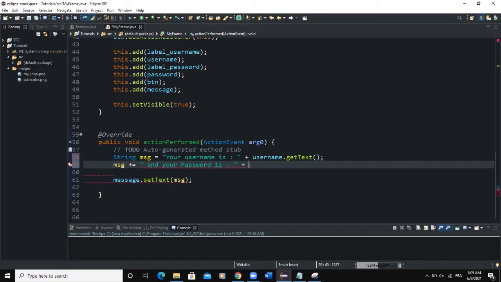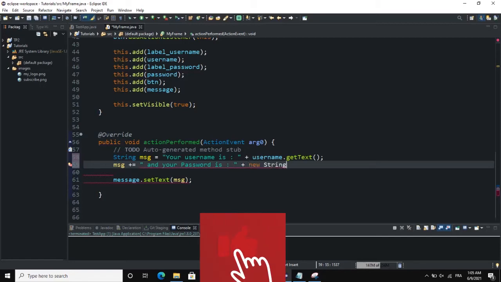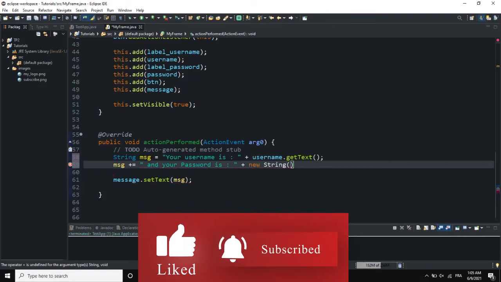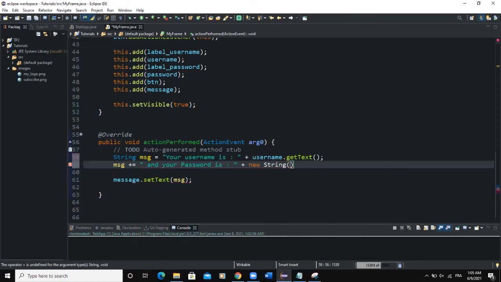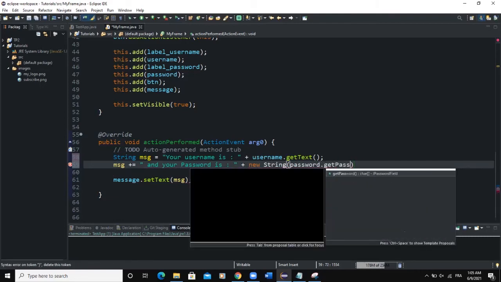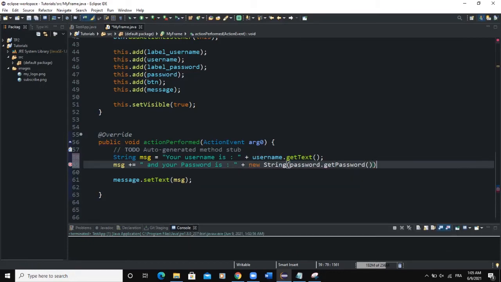I know that in real life this is not a good practice because the password is supposed to be confidential, but just for the purpose of this example, we want to be able to have that password shown to us on the frame. So we will say new string, so string here to make sure that the password is converted into a string, and then we say password. So this is the password field, that get password. The get password method is going to capture whatever password the user types in the password field. So when the system captures that, that password value is converted into a string and then concatenated with the rest